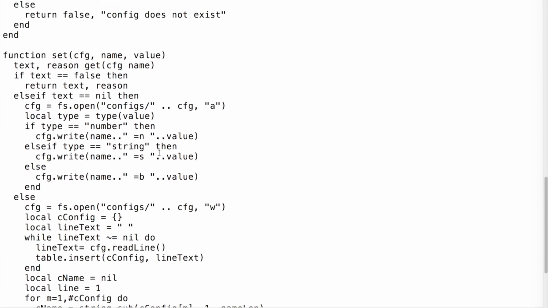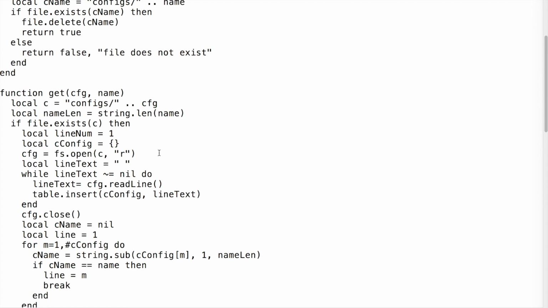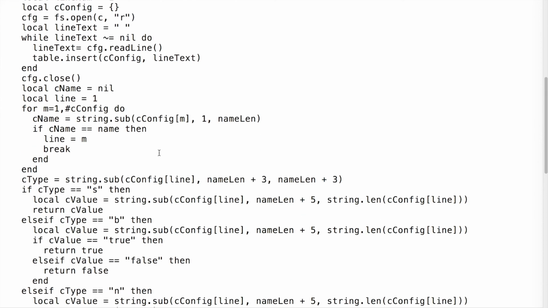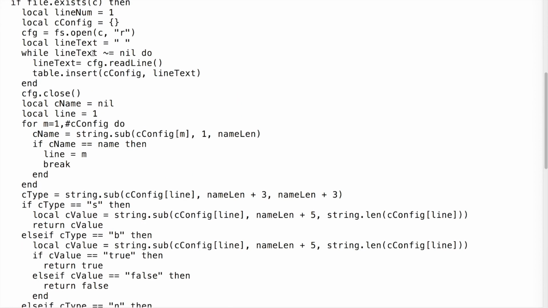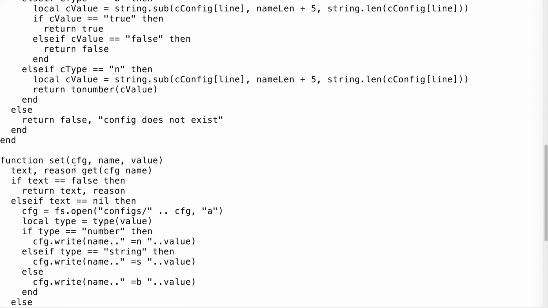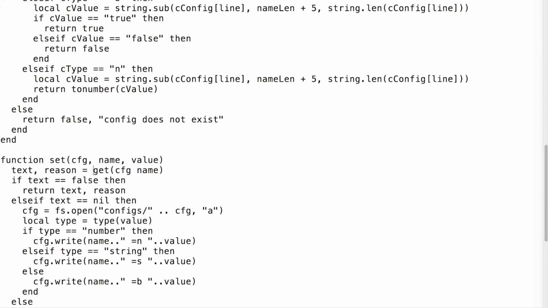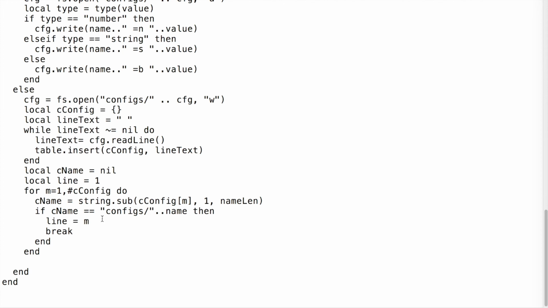Okay. Did I accidentally delete that by accident? Okay, let me go put that back. Okay, so